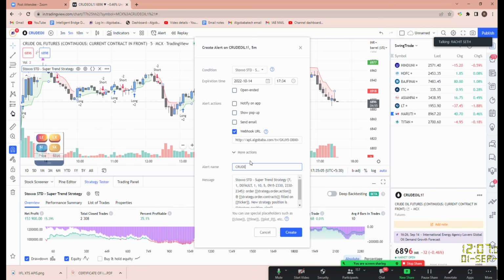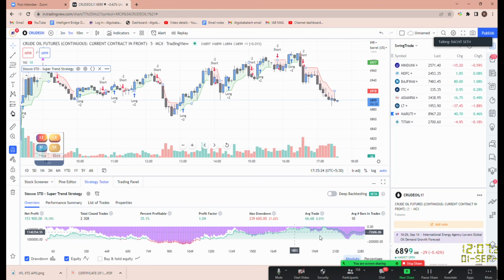Let's say for example, I'm just putting across the name as crude, and when I'm setting the alert, I just need to type strategy dot order dot alert underscore message in curly brackets. That's it. This is what you're supposed to be writing, nothing else. And the moment I click on alert on a 5-minute chart,